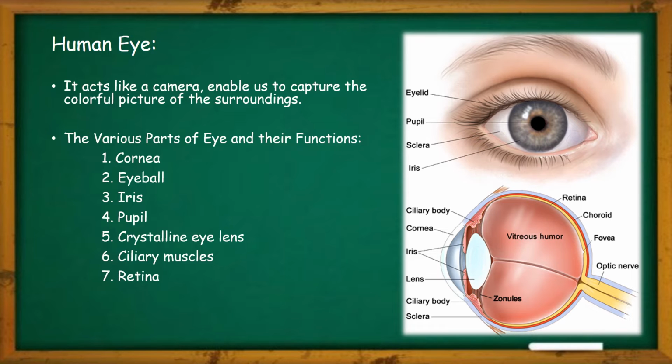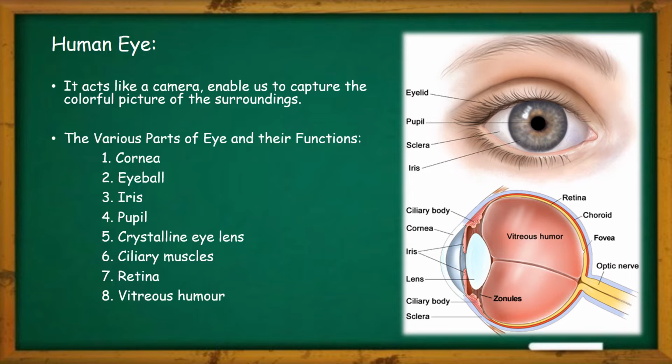When the image is formed at retina, the light sensitive cells get activated and generate electrical signals. These signals are then sent to the brain by the optic nerve. The brain analyzes these signals, after which we receive the signal of that object, and the corrected image of that object will be created in our brain. So this is how all these parts are helping us for the creation of image.